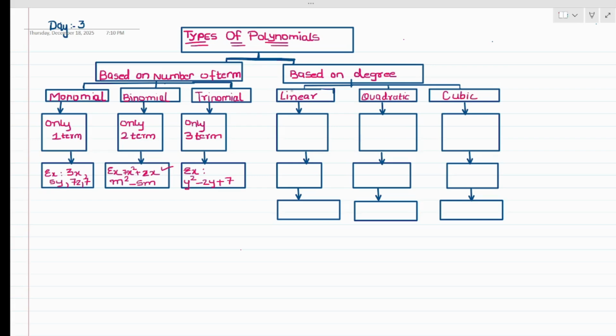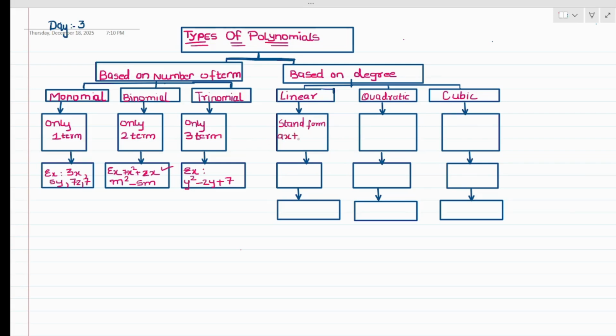Okay. Now, based on the degrees, meaning power, for linear, degree will always be 1. Degree will always be 1. And in standard form, it is written as